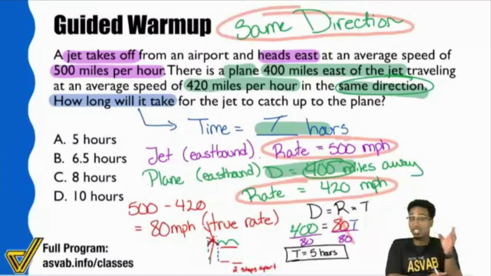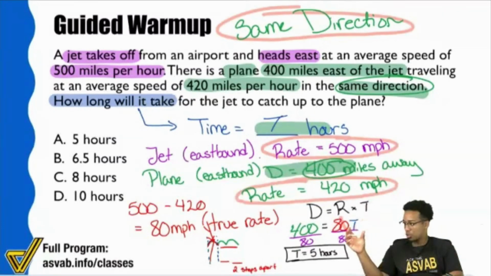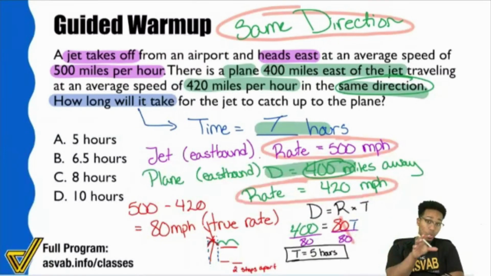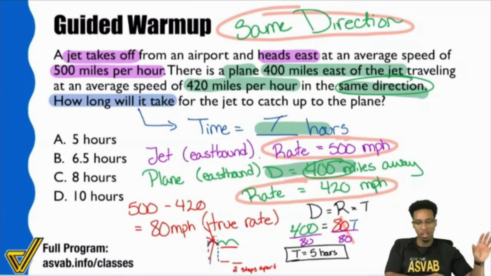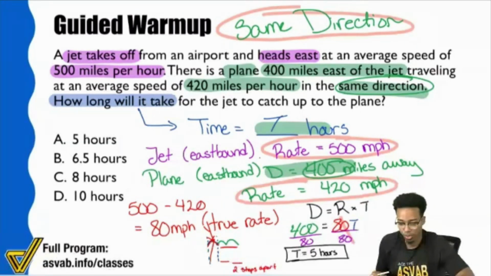It's immediate recognition. Oh, I see opposite directions and I see 2 rates. Your mind already starts adding the rates for you. That's the point you want to get to. So again, from frustrating failing with test anxiety, to getting annoyed with your test anxiety because your confidence is taking over, to being 100% confident. That's the point you want to work toward.